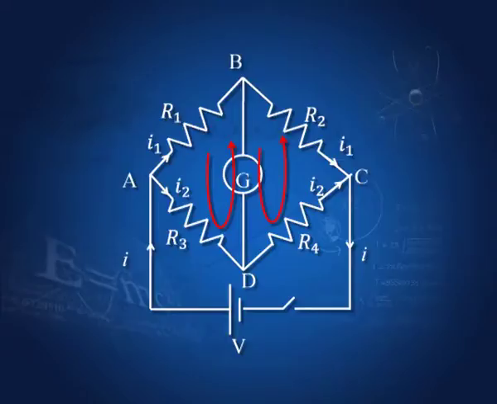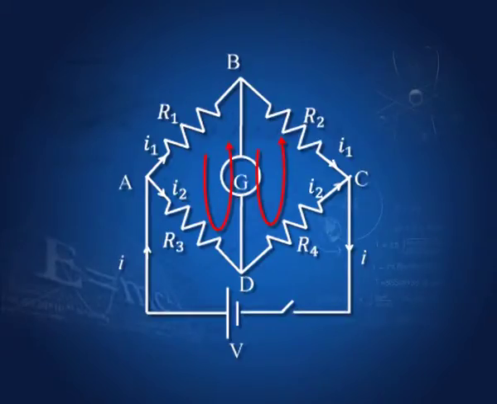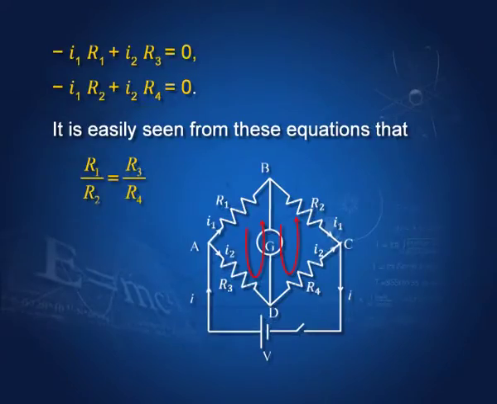That is, if you know any 3 of these resistances, you know the 4th. Now, to do that, we divide this into 2 loops. We apply the loops in the anticlockwise direction, write down the equations, and then we will solve them simultaneously. And these are the equations for the 2 loops, this loop and this loop, under the condition that there is